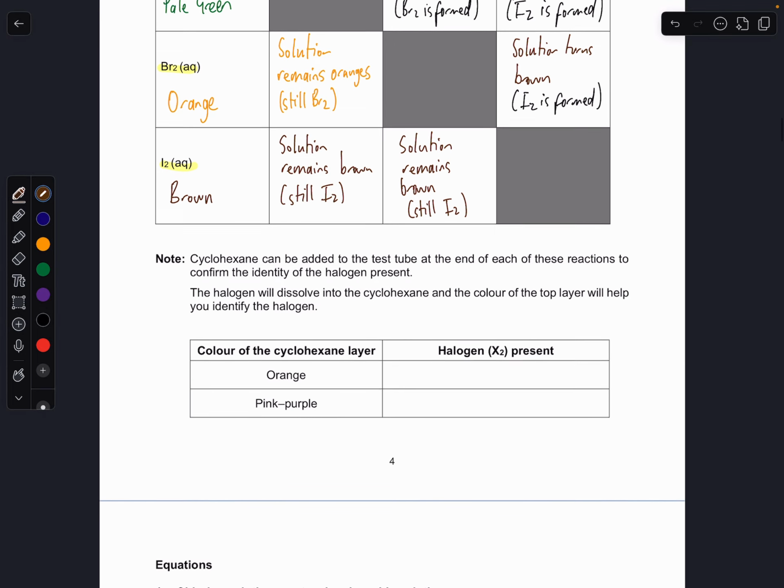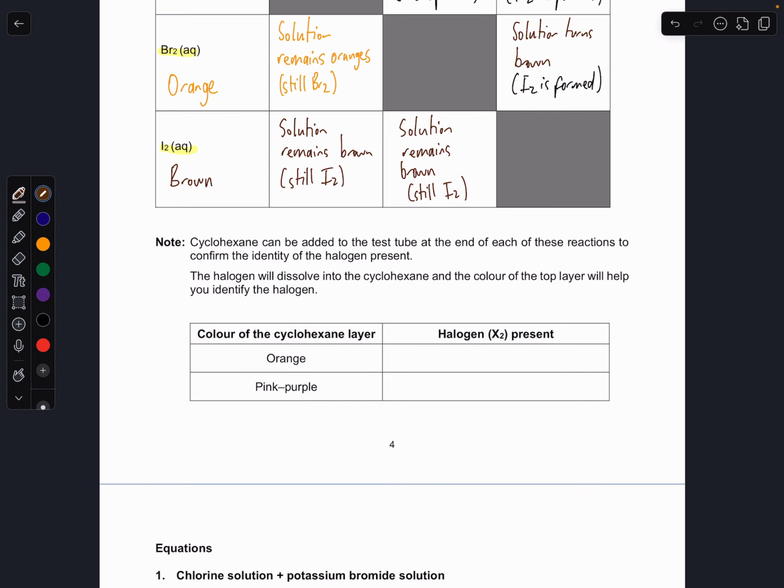Sometimes it's a little bit tricky to see if the orange colour of bromine water or the brown colour of iodine is in the solution. So what you can do, if you're unsure, is add some cyclohexane to the test tube at the end of each of the tests, and put a stopper in the top and give it a shake, and that will help identify